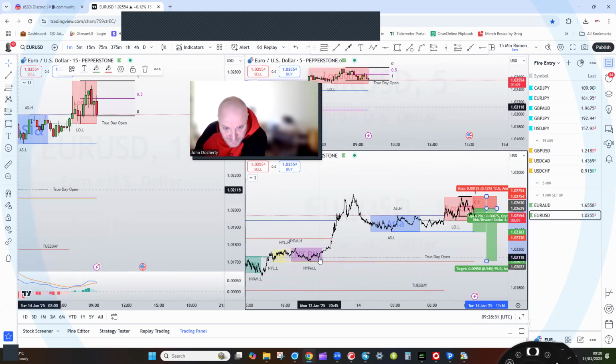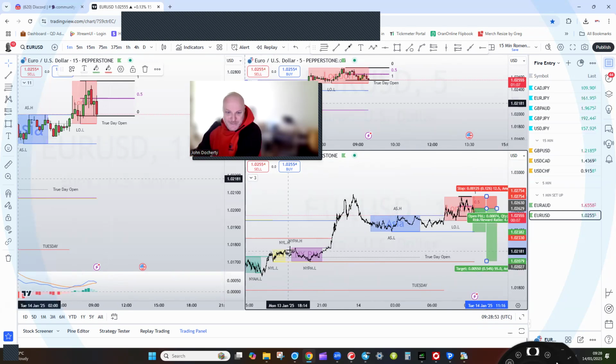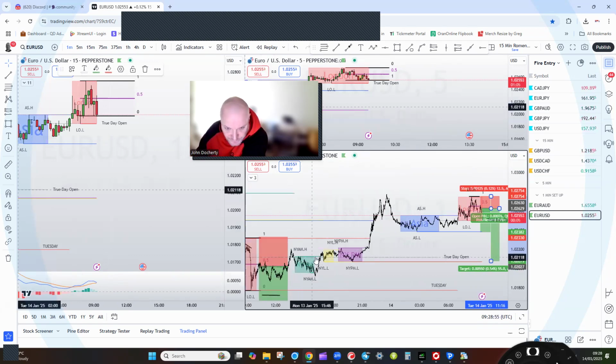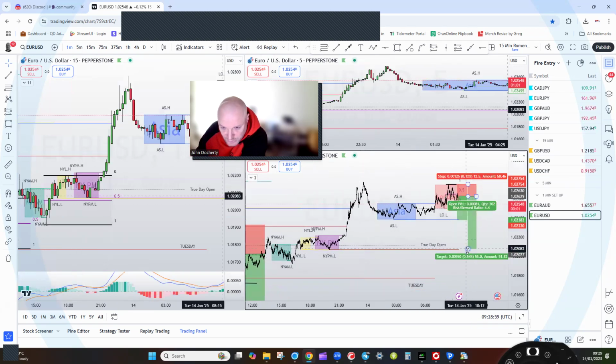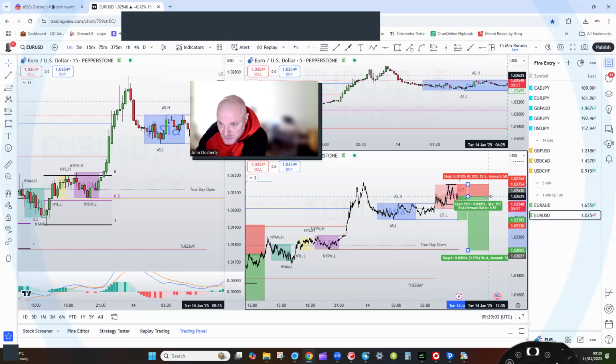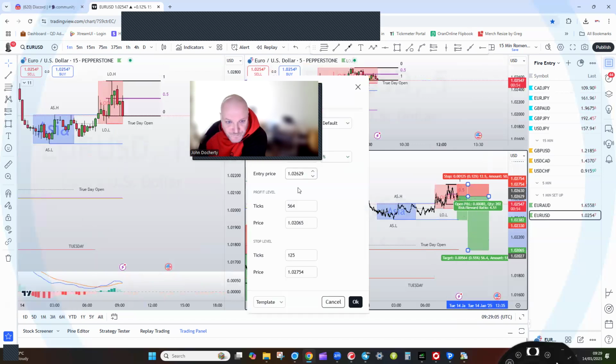So we can see we didn't return. We had the session open here. We returned into it here, but I like the look of the liquidity on here. So a nice 1 to 5. So here, 3 or